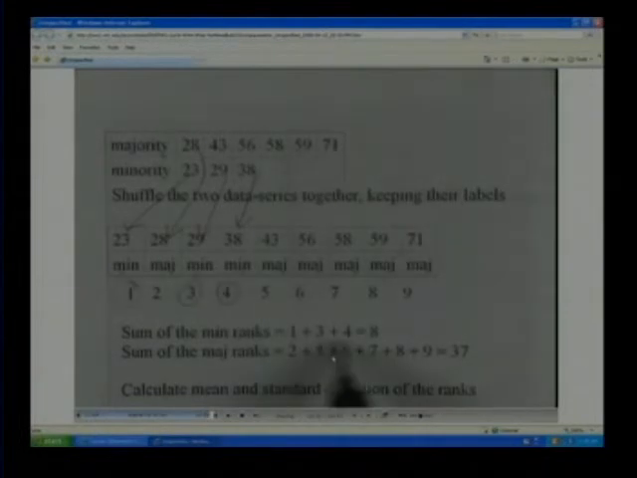The sum of the minimum ranks is going to be 1, 3, and 4. That's going to be 8. And the sum of the major ranks will be all these other numbers, 2, 5, 6, 7, 8, 9. That's going to be 37. So